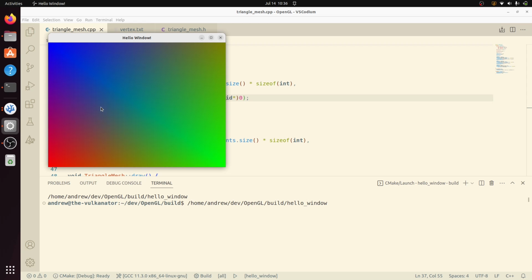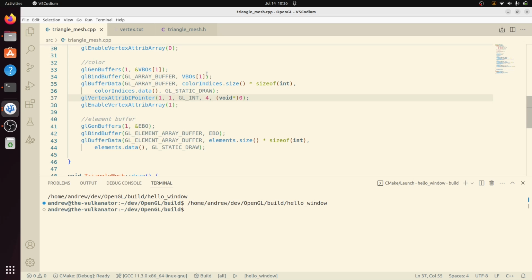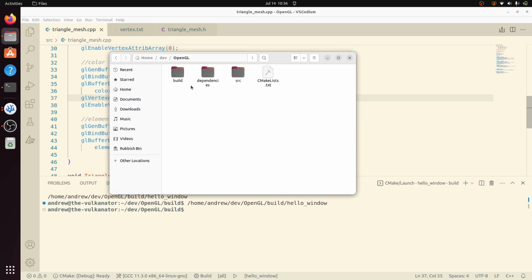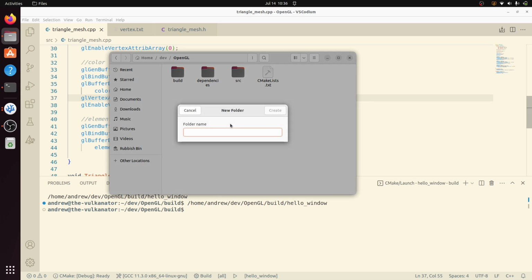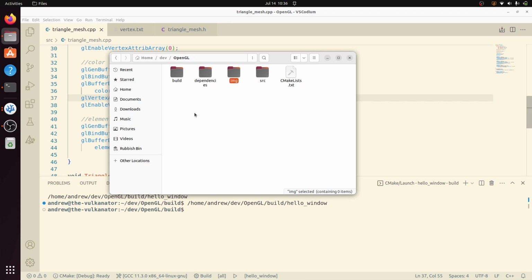Okay, now in this session, what I want to do is apply texture to this. So let's go for it. We'll break it down into small parts, keep it light and fancy free. But to start with, what we are going to need is some images. So I'll just make a new folder, call this img for image, and let me just go online, and we're